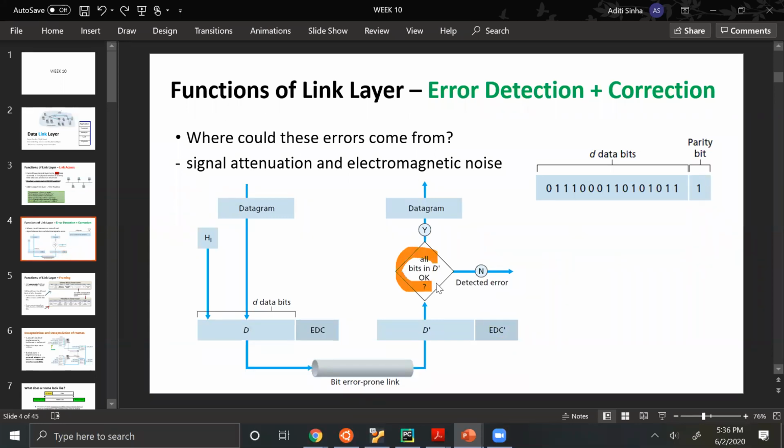If all bits in your packet are okay, then they'll be forwarded to the network layer in the receiver. This is the receiver side, and this is the sender side. So this is error detection, and correction is also possible using parity bits if you want, but all of this is too much detail that we don't need to go into.